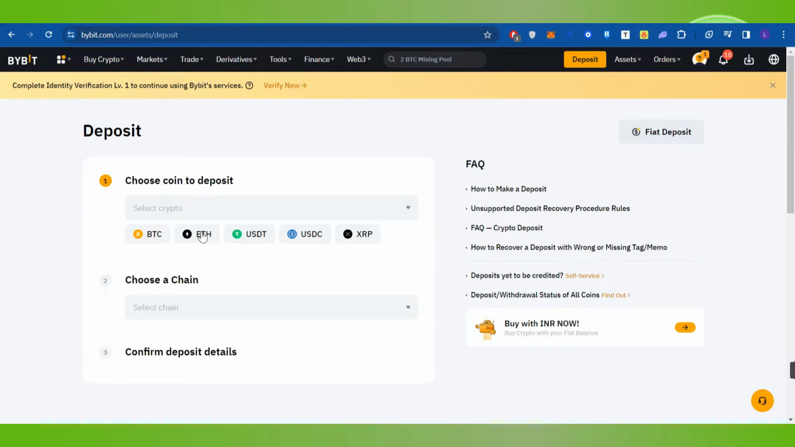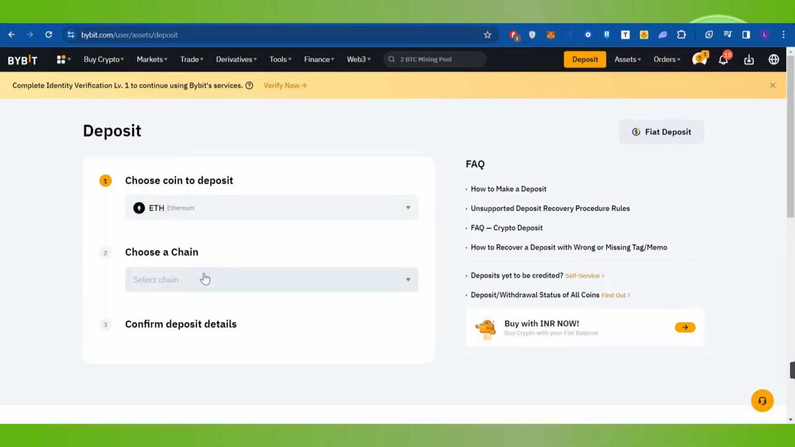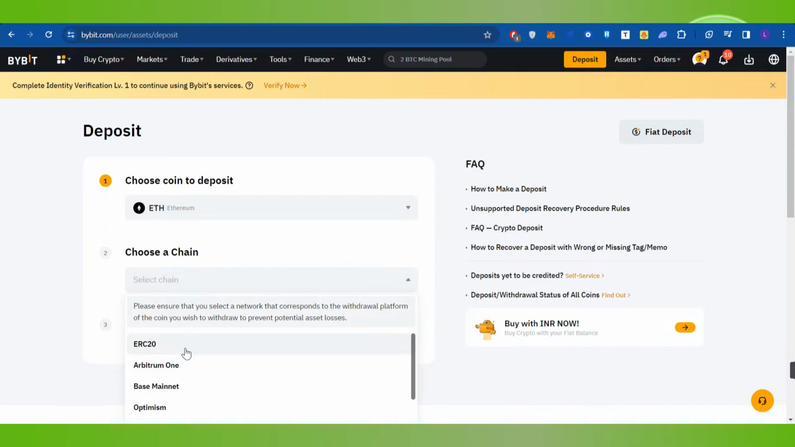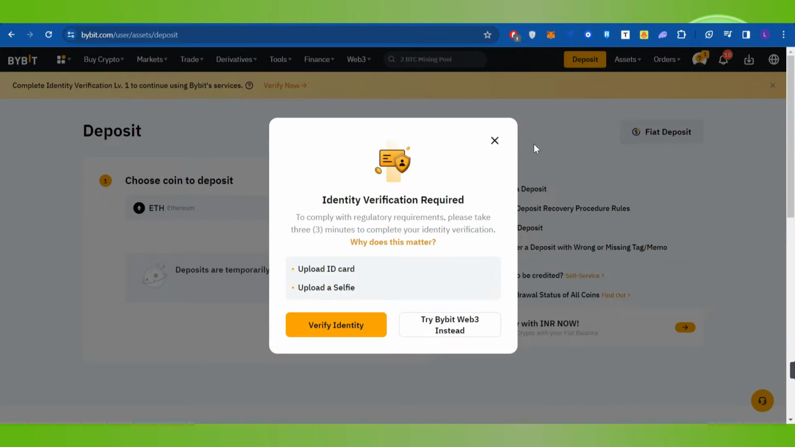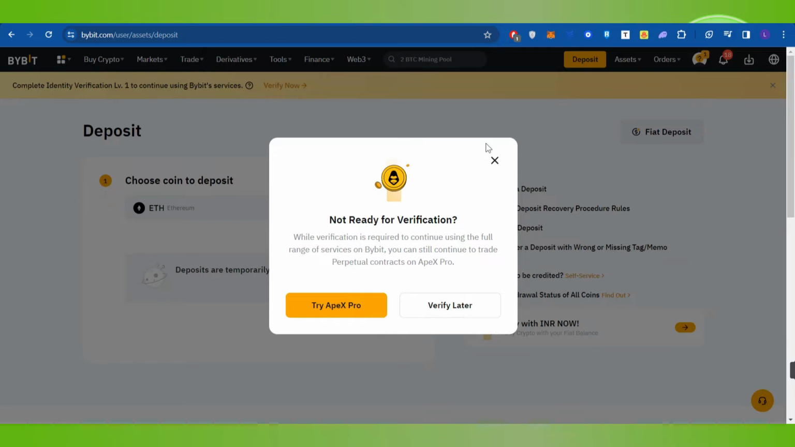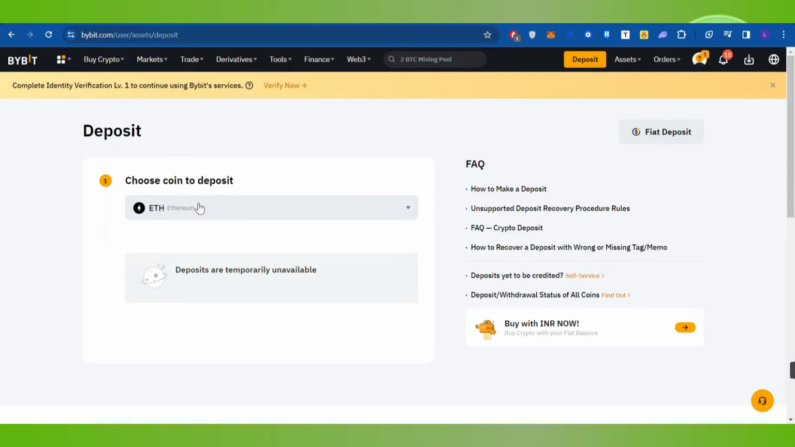So let's say you want to deposit Ethereum, so you will have to select Ethereum. Then it will ask you to choose a chain, so it is ERC20, so you will have to click on ERC20. Once you do this, you are going to see the QR code as well as the deposit address of Ethereum on Bybit. So you just have to copy that address, and then you need to open a new tab